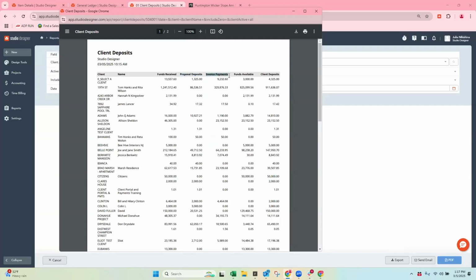Then it breaks down to say, okay, well, this is the amount of dollars that you've already invoiced. So if you've already invoiced it, that means you've picked up the revenue and cost of goods. And then this is what's left over in their funds available, meaning that's true dollars that they've paid you that is unapplied, and that you could decide to give back to them. You could apply it to a time billing invoice, or you could apply it to future product.